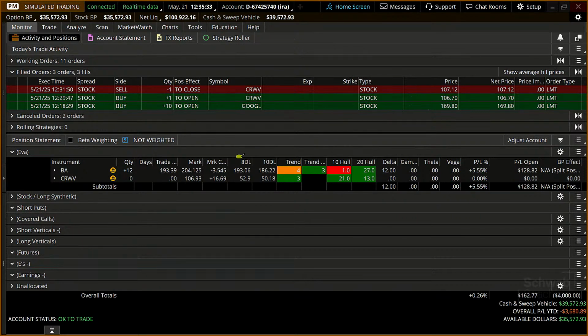Now, where it becomes really interesting, and you're going to see that we've been talking about using scripts. Scripts are a way to monitor things, and scripts can be used in many different ways. Now, this column right here is what we call an 8DL. That is really the price. It stands for the 8-day low. And it's telling us that Boeing's 8-day low was really at